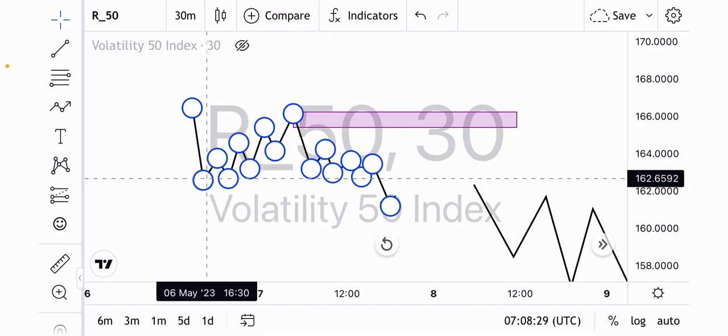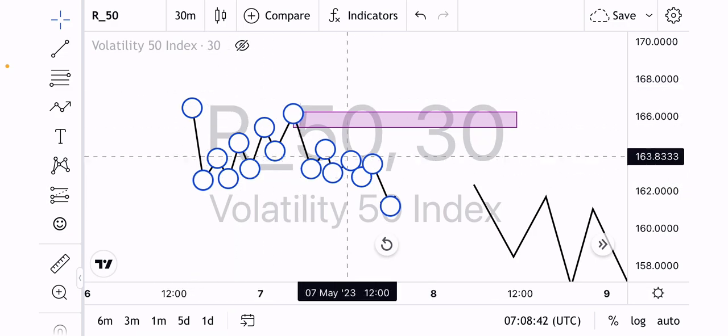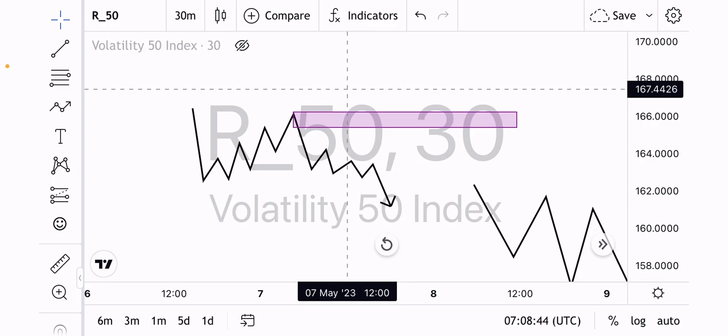And that week to week mitigation is what we classify as internal liquidity, such that when market takes out that external liquidity, market will come back to take the internal liquidity and return back to origin. That is exactly what you are expecting from the market. You are waiting for the market to do internal week to week mitigation. After breaking your external liquidity, then you are expecting it to return back to origin and continue the movement.